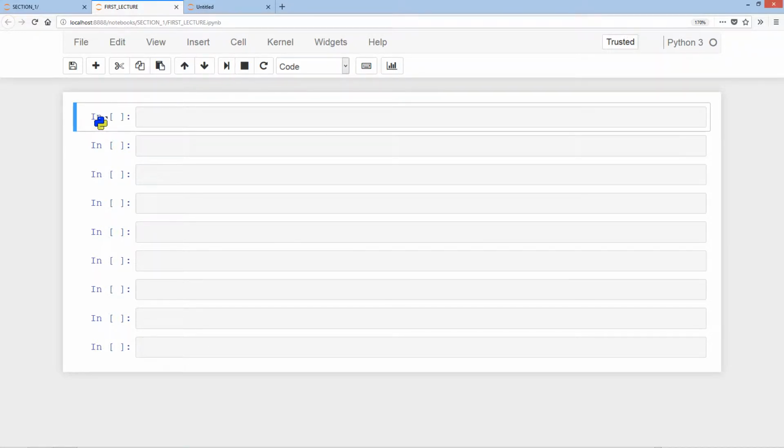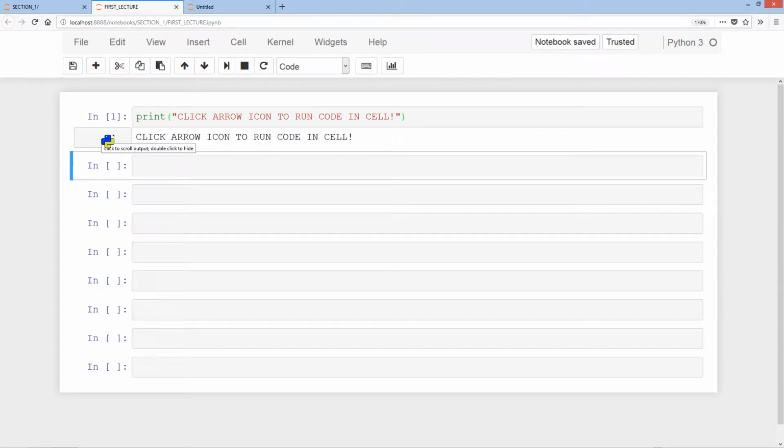Okay, so let's say we want to have our very first line of code here. Well, what we can do is have print, and then I'm going to have in caps here as a string, click arrow icon to run code in cell, like so, and press this arrow icon, and as you can see, we have the output here. Great. So an alternative and more common approach would be print, hold shift plus press enter to run code in